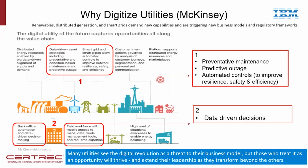But the ones who treat it as an opportunity are bound to thrive. They will extend their leadership as they transform themselves beyond all the others, and the others will be left behind. And so this is a really important aspect. It's something that they've looked at, they've done research, they've looked at companies and actually looked at what the companies are doing. And in fact, that is what I want to show in the next slide, which is what IBM